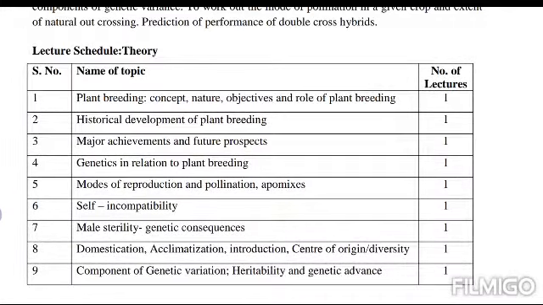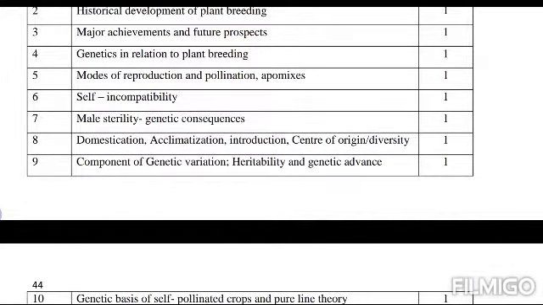The theory part includes plant breeding, its concept, nature, objectives and role, historical developments of plant breeding, major achievements and future prospects, genetics in relation to plant breeding, modes of reproduction, pollination, apomixis, self-incompatibility, then male sterility and its genetic consequences, domestication, acclimatization, introduction, centers of origin or centers of diversity, component of genetic variation, heritability and genetic advance,